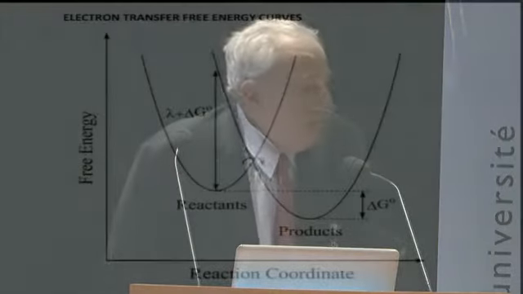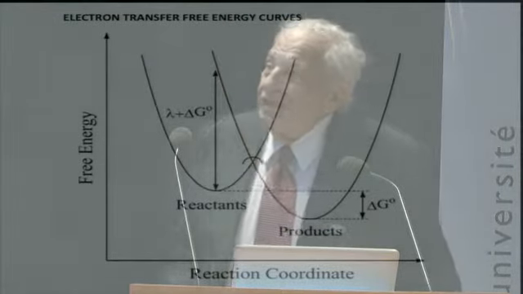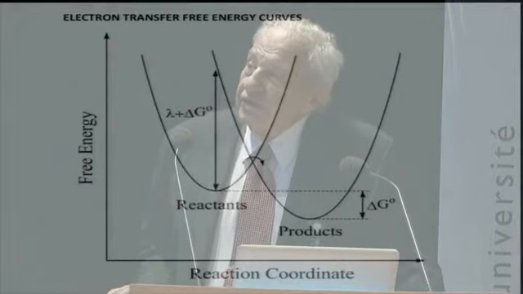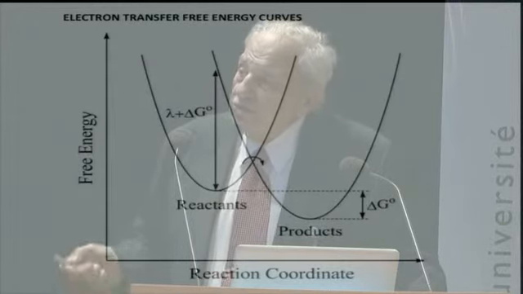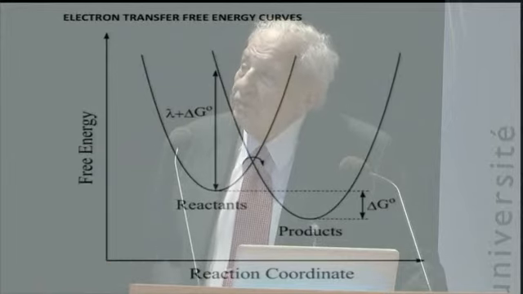All right, how to explain this in terms of an electron transfer mechanism, in terms of one that involves some sort of diffusion, and also what kind of diffusion are we talking about? Well, these parabolas may seem familiar to you. I hope as familiar to you as they are to me. But conventionally in electron transfer, you plot this free energy versus a reaction coordinate.